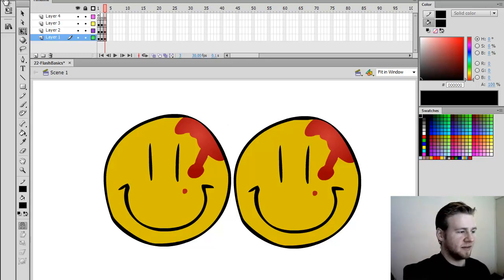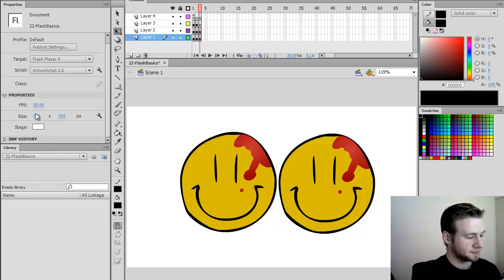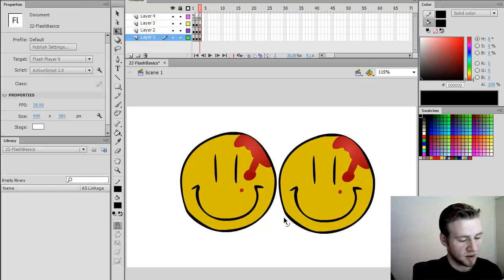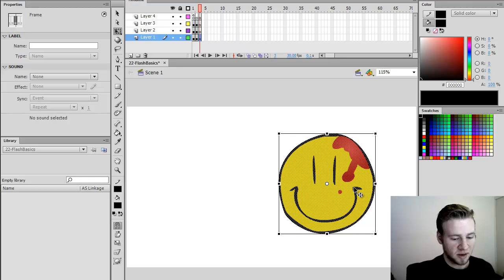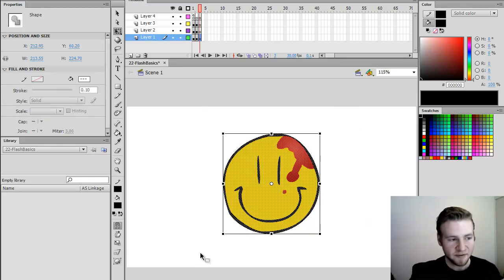Next on our list, we have the library. So I have mine stashed away over here on the left. As you can see in the panels, I can shrink and maximize them here. And this is my library. So what I can do with my library is, if I have this smiley face, I can press F8, or